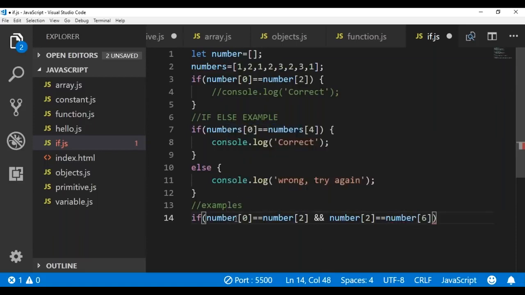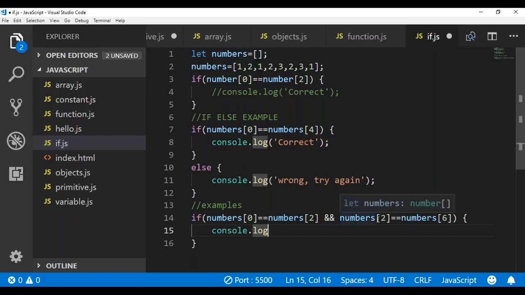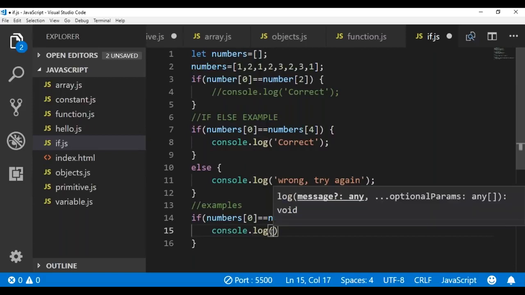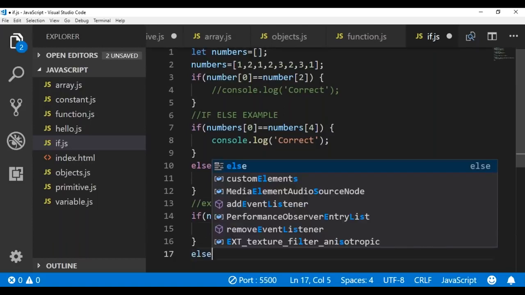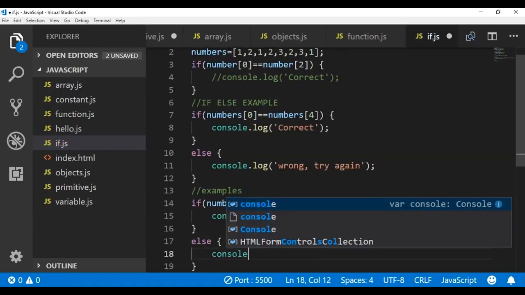Okay, I'm making a mistake here. The array name is numbers. So I've added two conditions over here. Now only if both of these conditions are met, this statement is going to be executed. Okay, else we are going to,